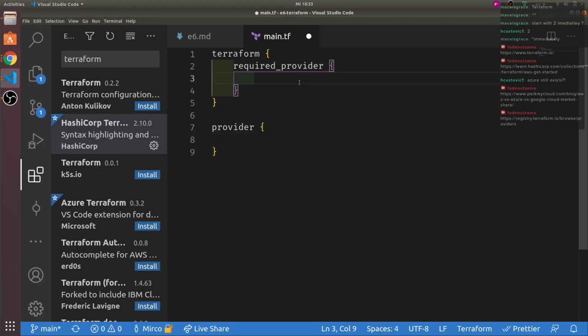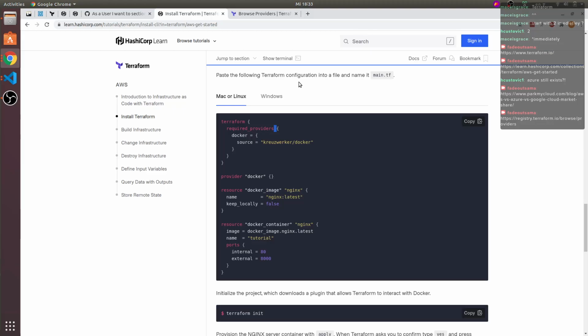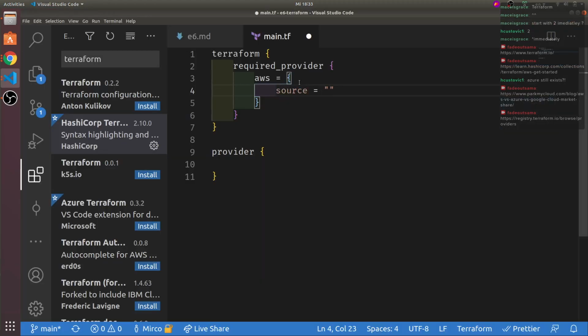So we probably want to provide AWS, and then it has probably a source. We will see in a minute. And then we want to define this provider more specifically. I think what we need to provide is a region.